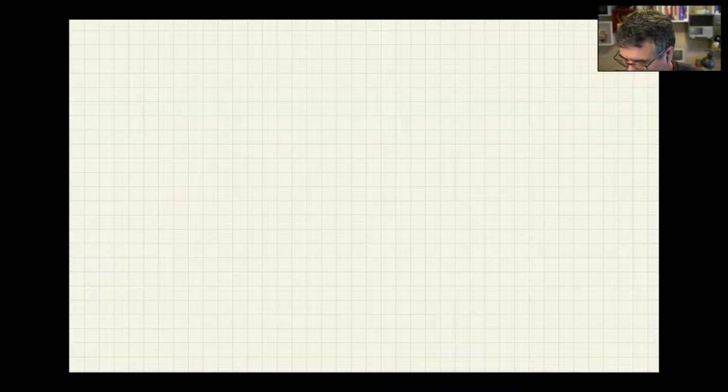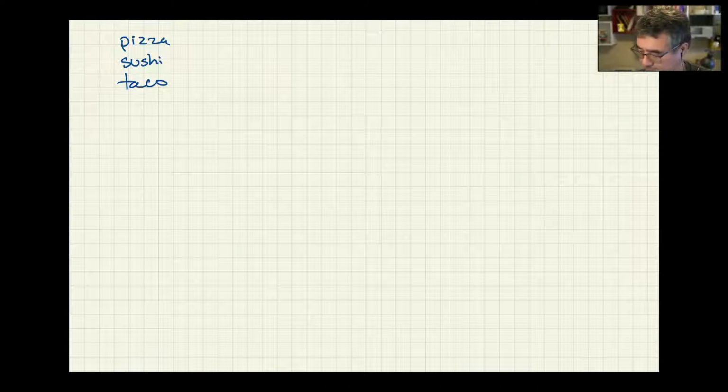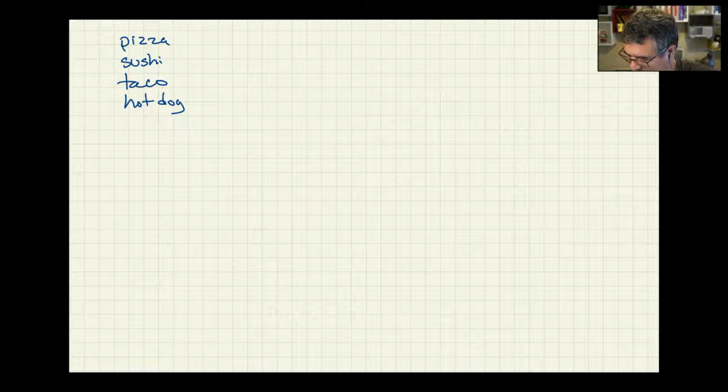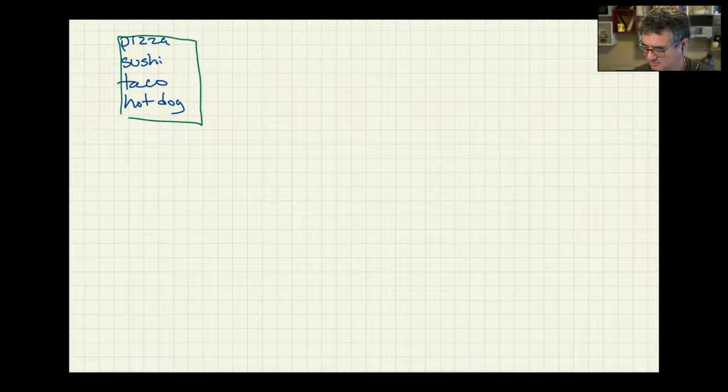Let's say we have a file that contains, I don't know, some foods in it, right? We got pizza and sushi and taco. What else? Hot dog. Okay, but we know the file doesn't actually look like this. Right? The file actually looks like